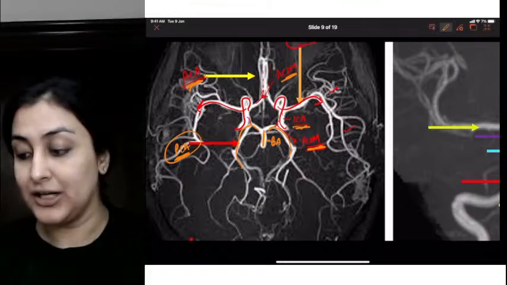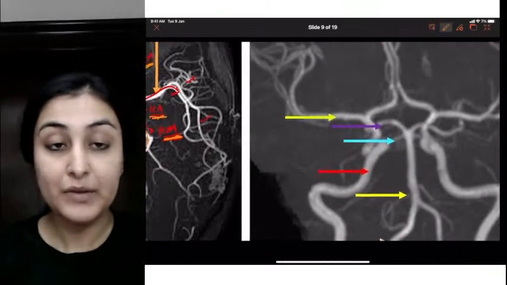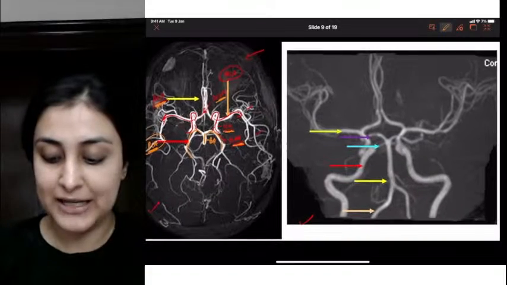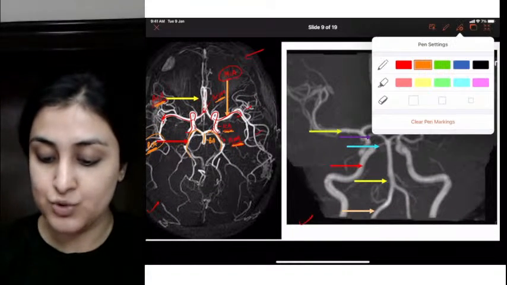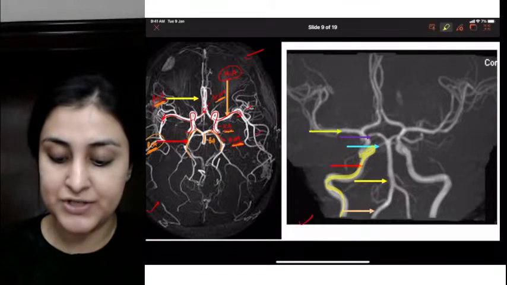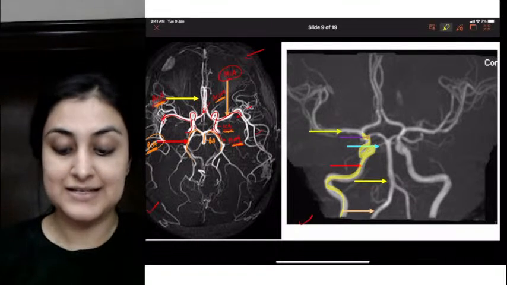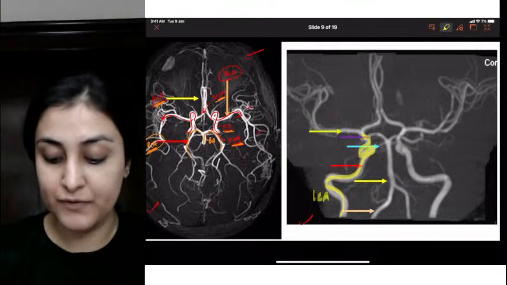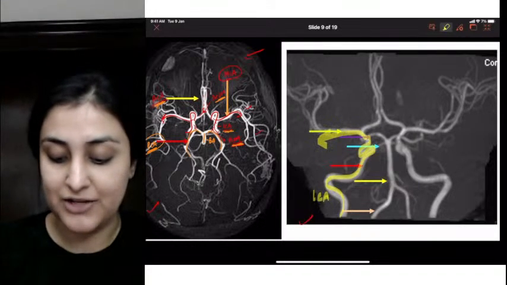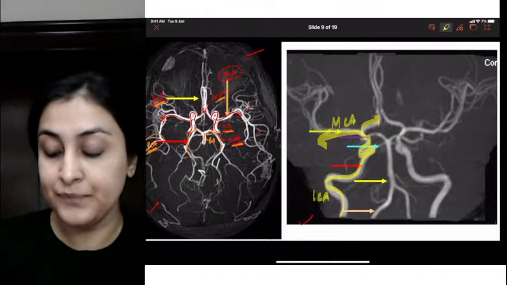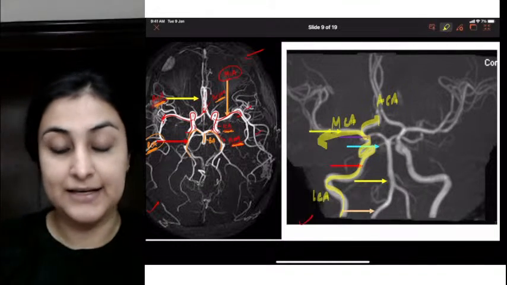Alright. On the other hand, when I give a look at the coronal image here, again pretty similar. So if I have to highlight what is this vessel here, it's having this course which is having this curve, this is ICA, right? So this is the internal carotid artery which is giving rise to the two terminal branches again. So laterally the yellow arrow showing MCA and here ACA, right?